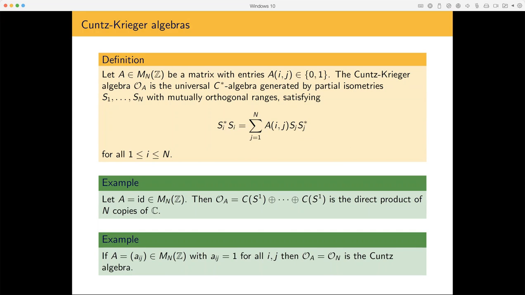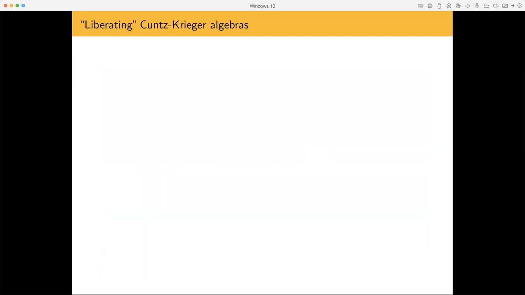Now we want to generalize this, and as you can imagine, the basic ingredient here is a matrix with entries in {0, 1}, and that's exactly the data which encodes a directed graph. So in a sense, what we are going to do is replace our matrix here with the adjacency matrix of a quantum graph. That's the plan, but before getting there, there is a small issue. If one wants to do that,